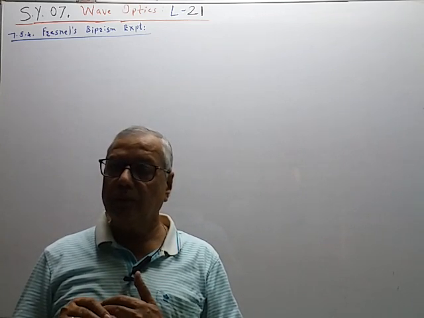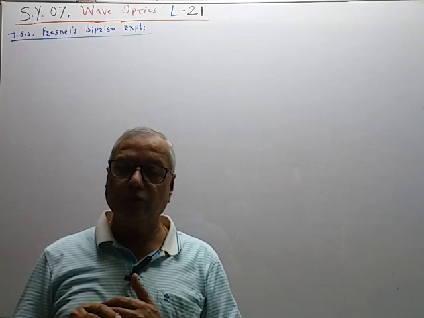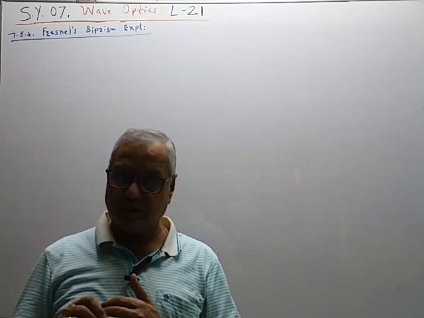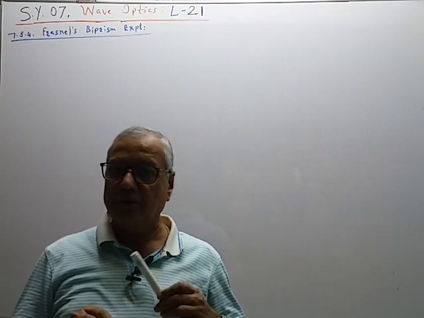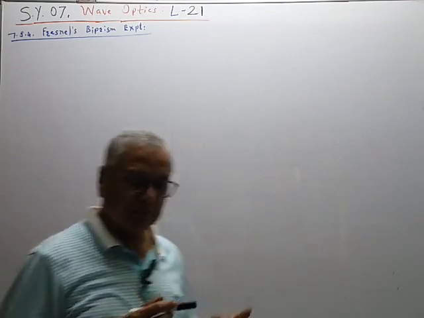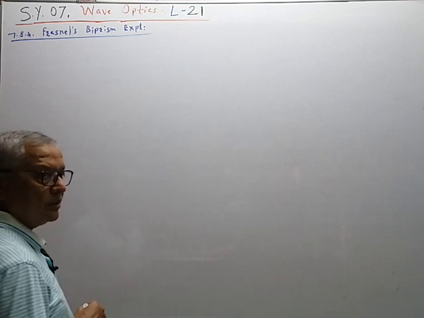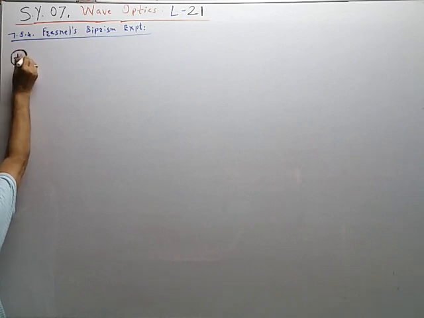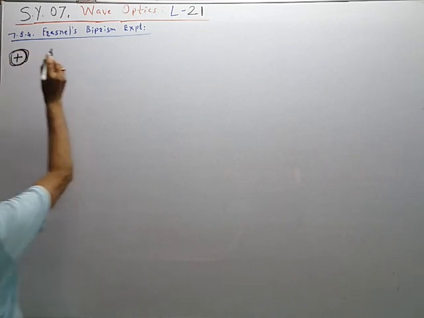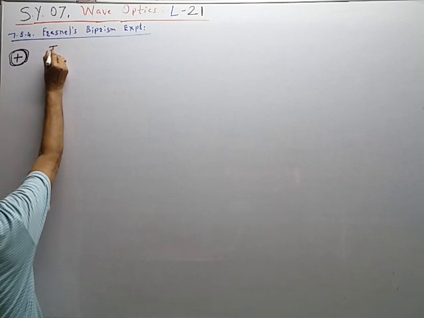Now, how is the biprism used to produce the coherent sources? That we will first explain separately. So let us see what is meant by biprism. This part is not given in our notes, so please add this. Types of prism.